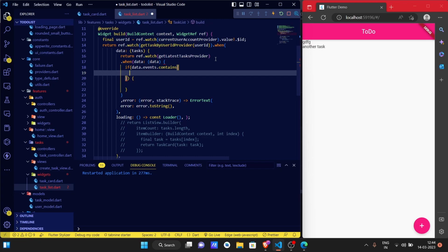If this data dot events dot contains, we are going to have a database sys dot star dot collections dot